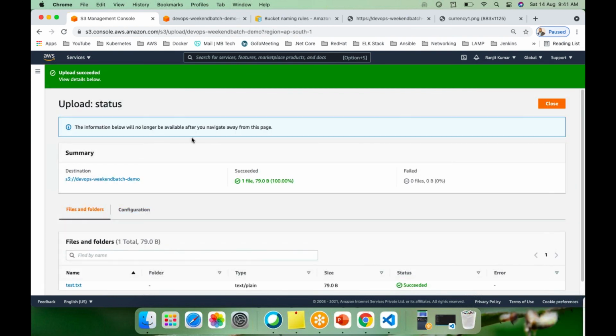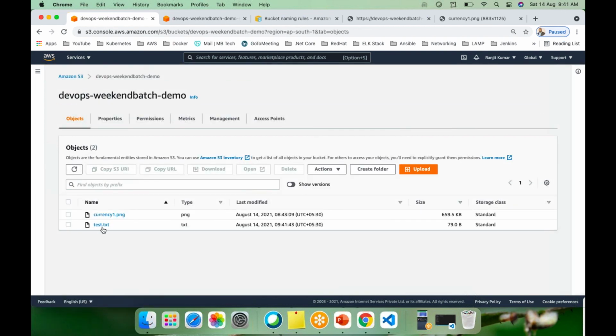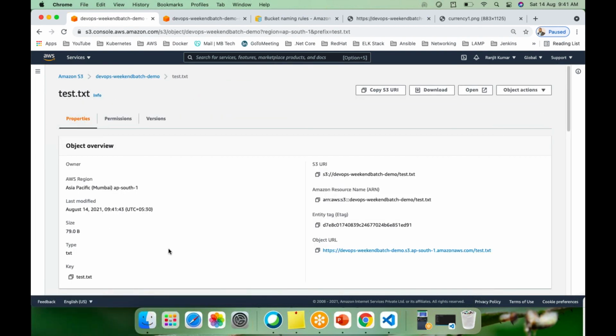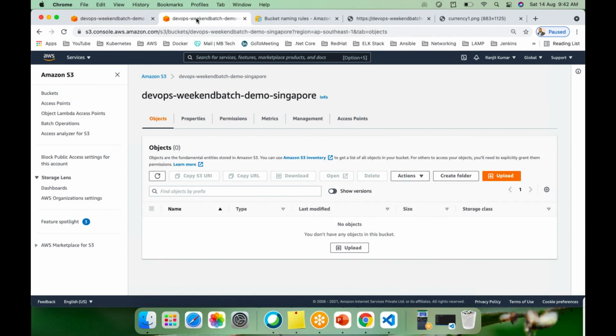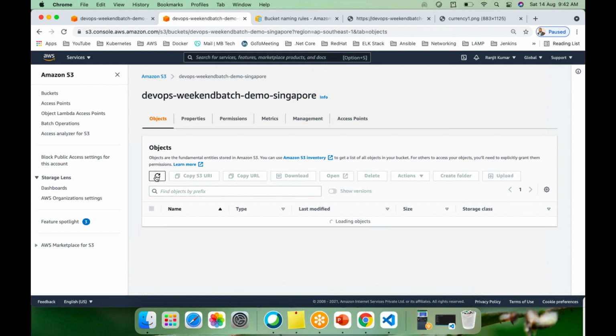Now if I add test.txt here, it is there. If I add another version of test.txt, what will happen? Let's see what I'm going to do. Let's upload the file. Let's update something here, another line, suppose a third line for replication demo.